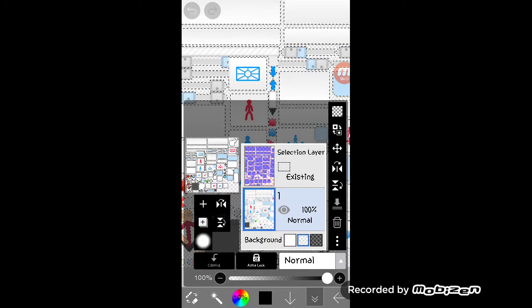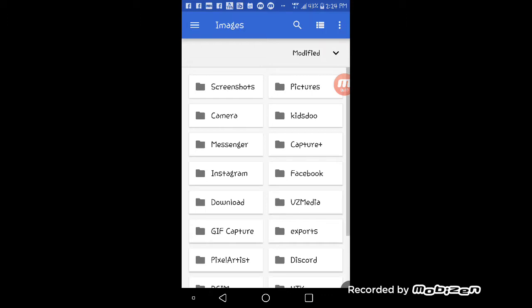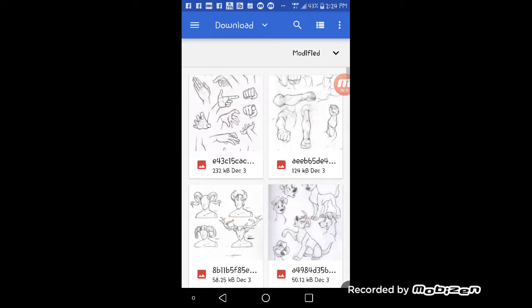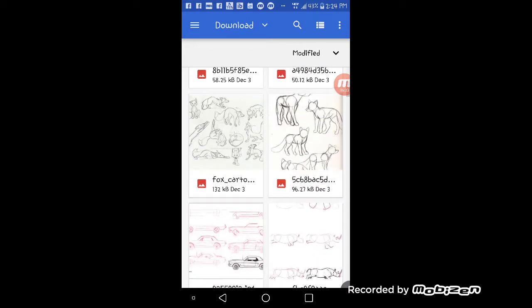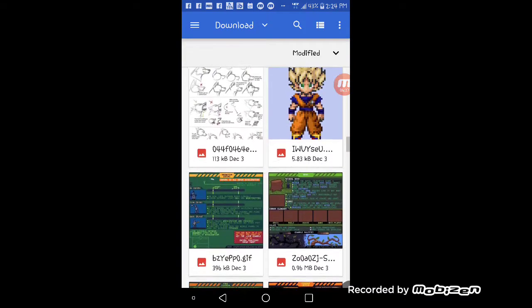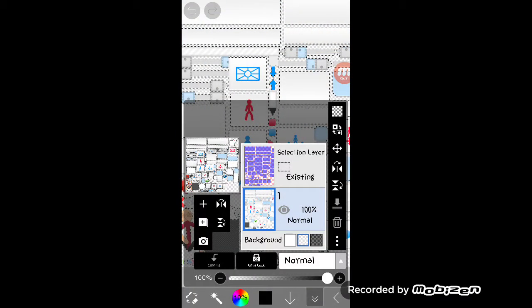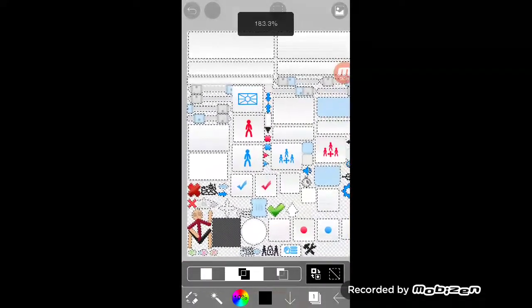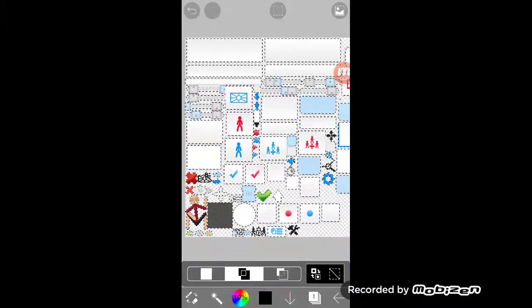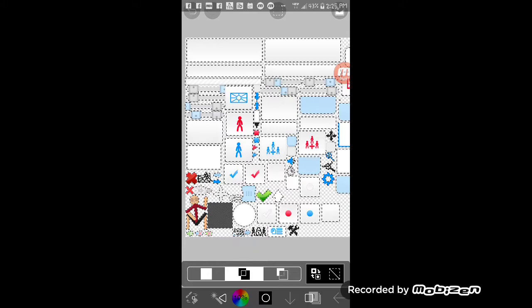In fact, you're going to import an image. Now what I did was I went ahead and just downloaded something just for the sake of doing this tutorial. So I'm going to go into my download, and it's not there. Alrighty then. So I will have to just go out. This would be a great example to show you that Ibis saves your selection area. So I'll just click. What did I do? Anyway, I'll click back,